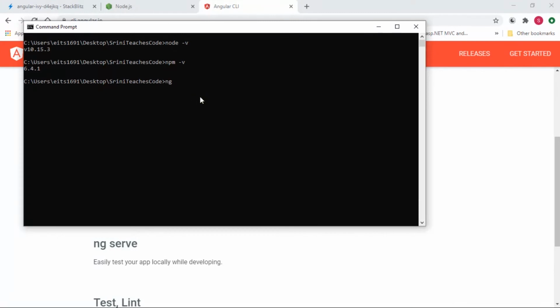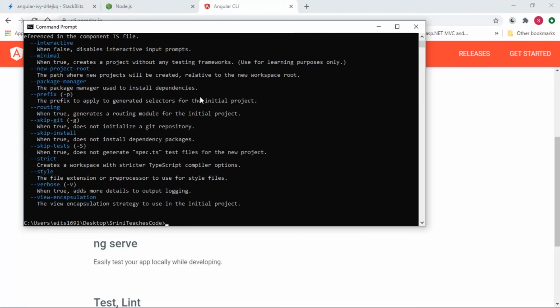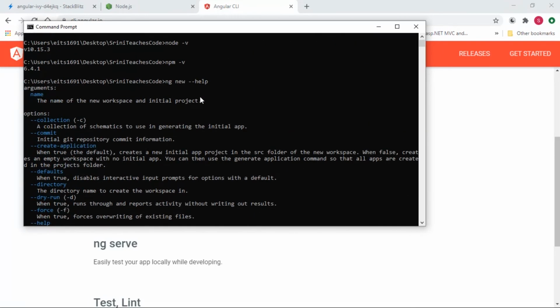If you type ng and suppose you need some help with the new command, you should go with ng new and help. This will list all the commands, or the combinations you can use with ng new. If you type ng new and a name, it is going to create a new Angular application for you, with boilerplate code which you can use.